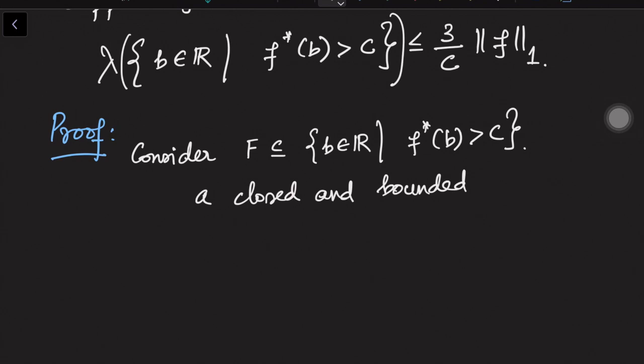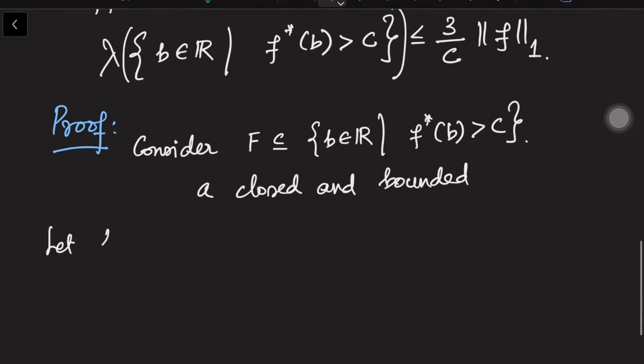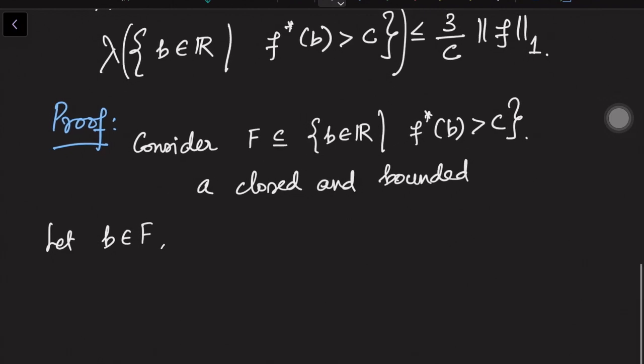We started with this closed set F. See what we will rely on: we will exploit the compactness of F. We will first get an open cover for F. So let B belong to F, this closed set. Since it is inside this set, f star of B is bigger than c, and hence there exists a t positive, by the definition of supremum, such that